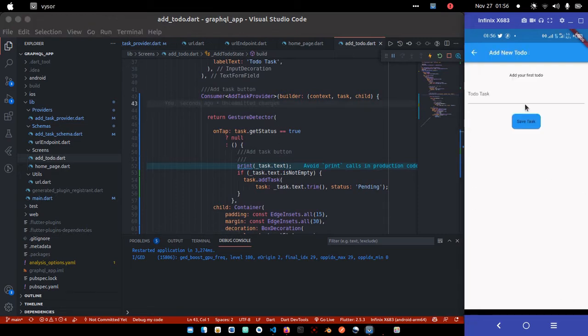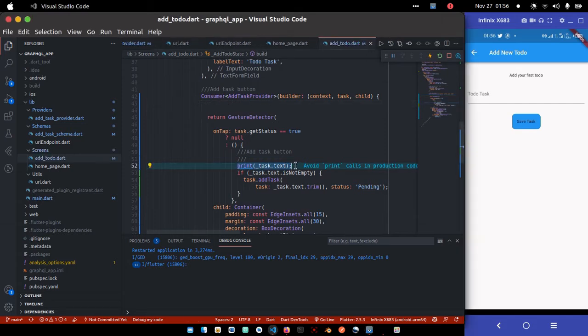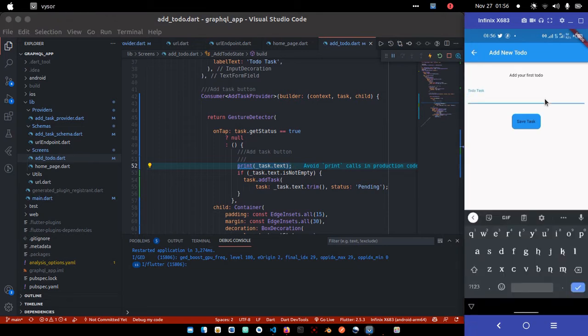So let's try to add a new to do. If I click on this now, nothing is happening. Okay, so I think it's still printing. It's printing because I call this print statement outside this if statement, but that's not a matter. That's not something we should worry about. So I'm going to call this one